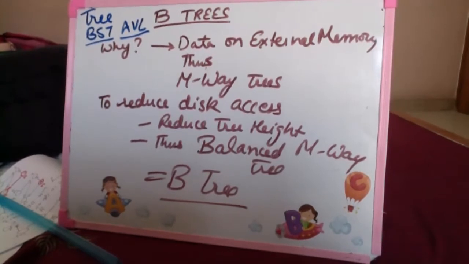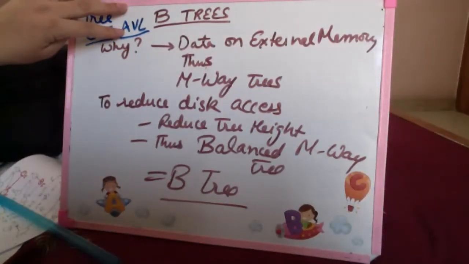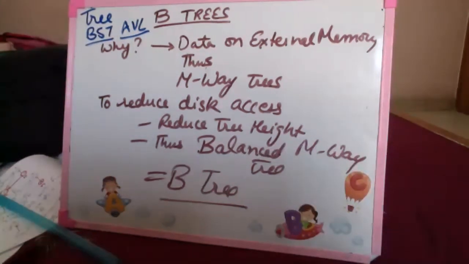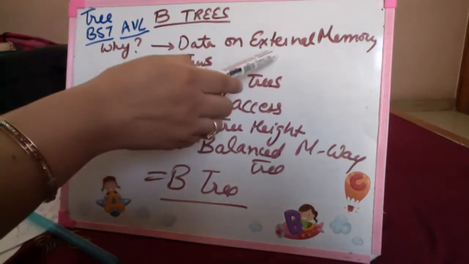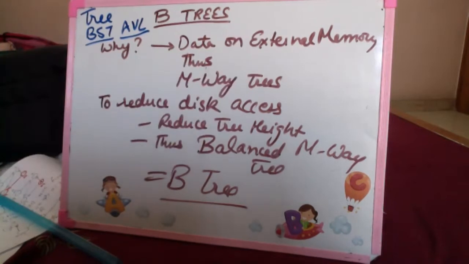Now, if I am searching within the internal memory, that is, the data is residing in the main memory, the data is small enough, it can come into the main memory, then trees, BST or height balanced AVL trees give me very nice results. But in case the data is very large and it cannot reside in main memory, and I have external memory, the data using disk storage stored on external memory, then AVL trees also do not give good results. They give very bad results.